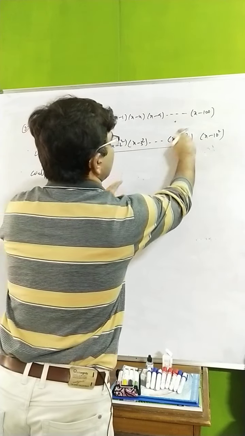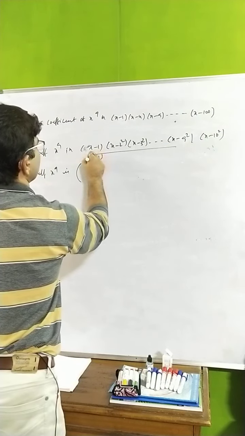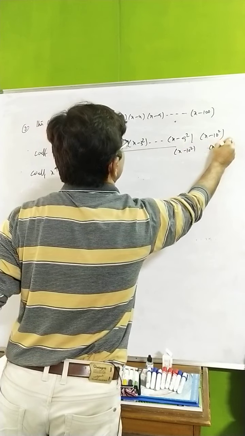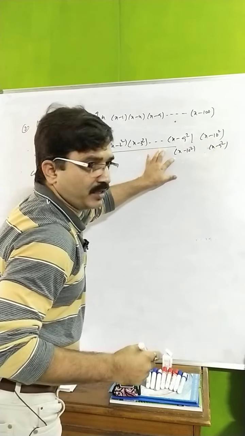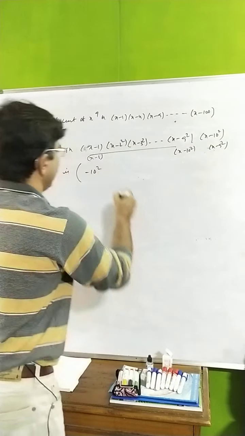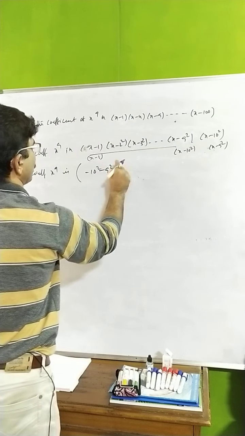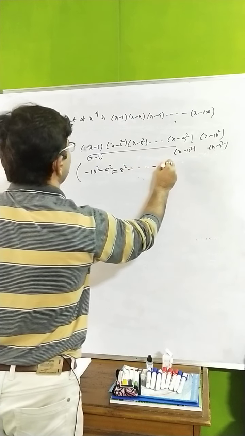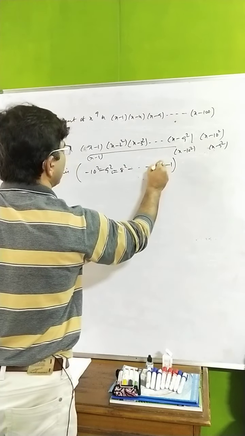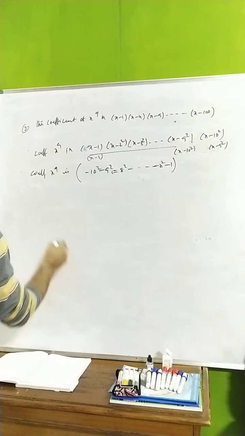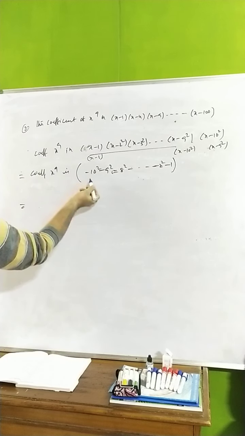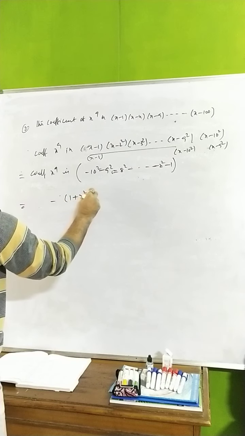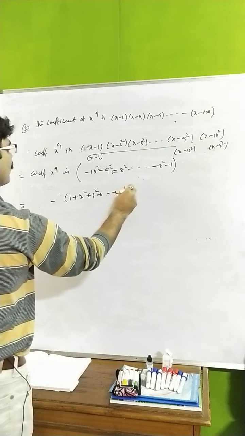Now you write it on that side: here (x minus 1), and so on up to (x minus 10) squared, and here (x minus 9) squared you write. Now again take x from the others, multiplied by the constant, minus 9 squared. Then minus 8 squared. Like this it will go on, till minus 2 squared and minus 1. So now you can find our coefficient: if you take minus common, it is 1, 2 squared, 3 squared, and so on up to 9 squared and 10 squared.